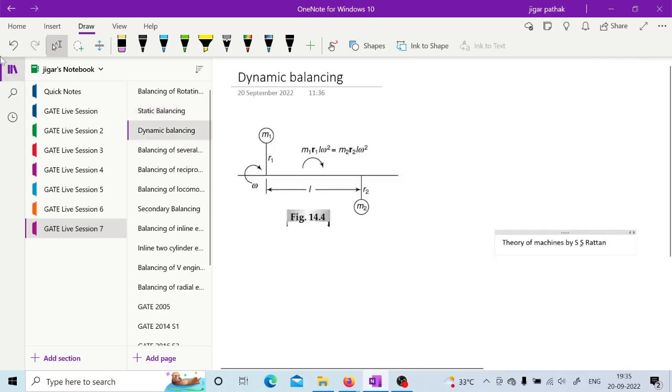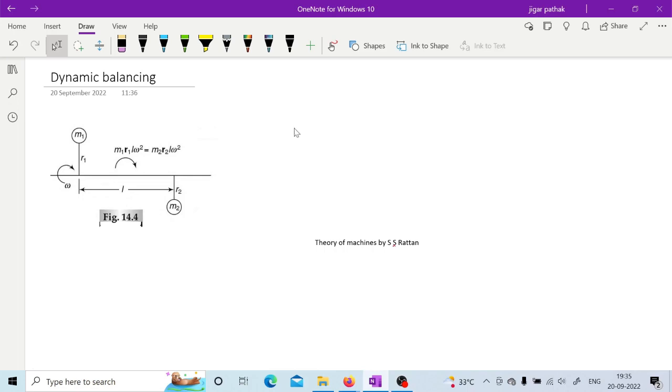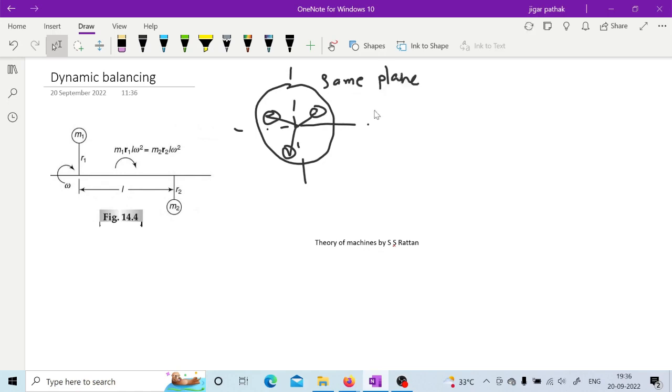So now if we go for the next one, that is the dynamic balancing. Previously, whatever we have seen, if you take this disc, it has a number of masses at a particular angle and distance, right? So it is the same plane, right? Yes, sir. Right, but here in dynamic balancing what happens is, in addition to the force,